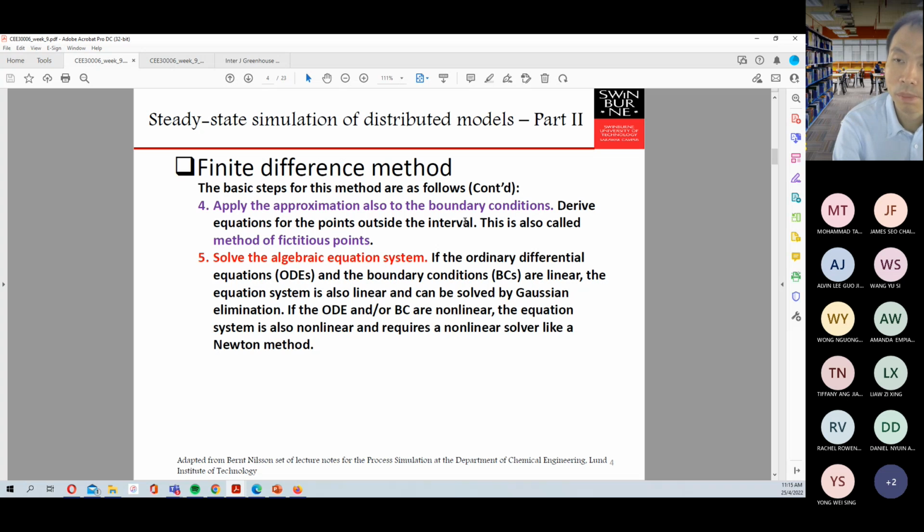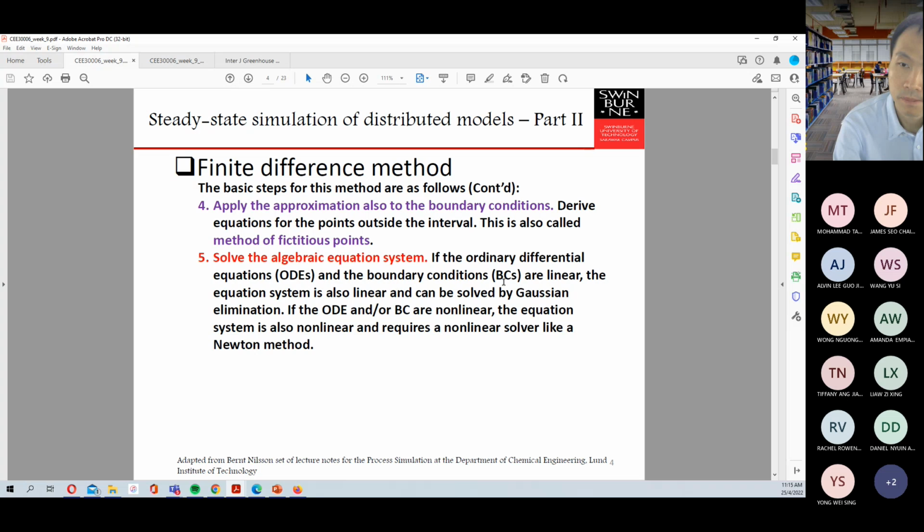Because the approximation is applied to the boundary condition, this method is called the method of fictitious points, because those points do not actually exist in the real system, but they are applied irrespectively to facilitate the solution of the problem. Once we do that, we will be able to solve the algebraic